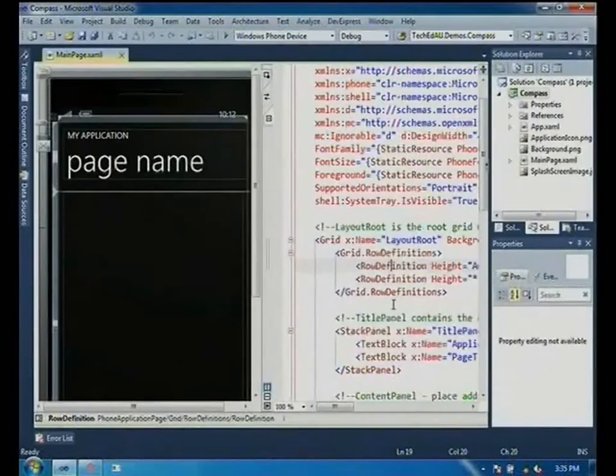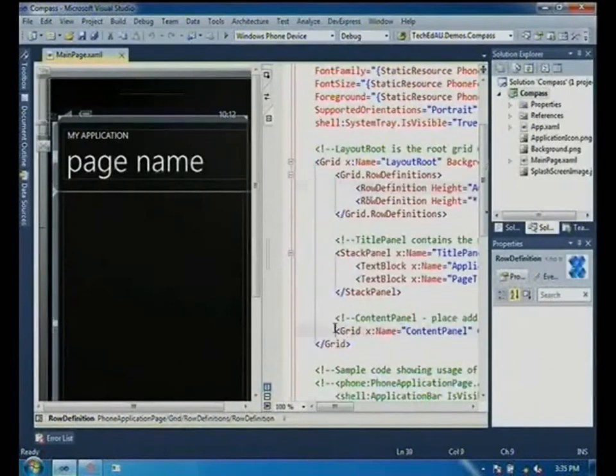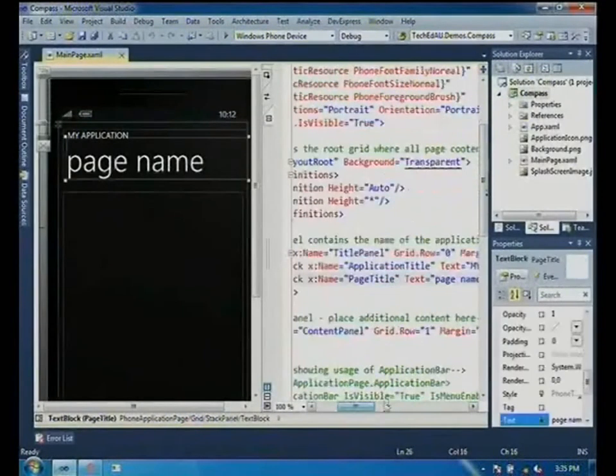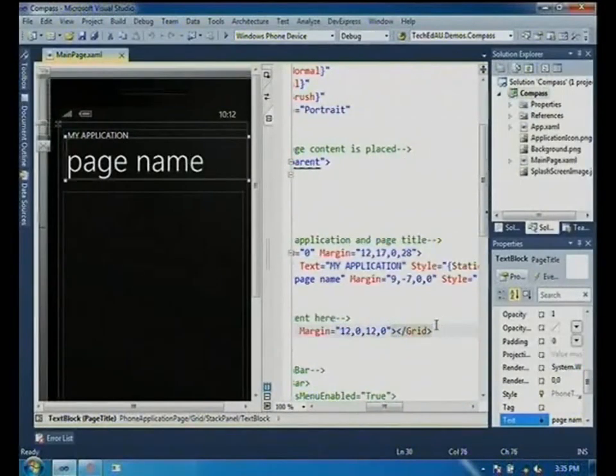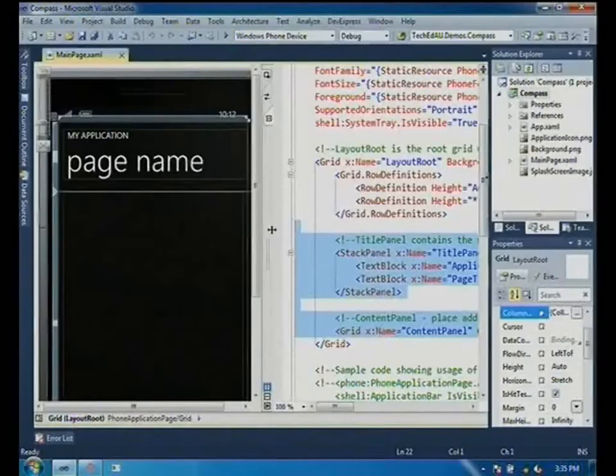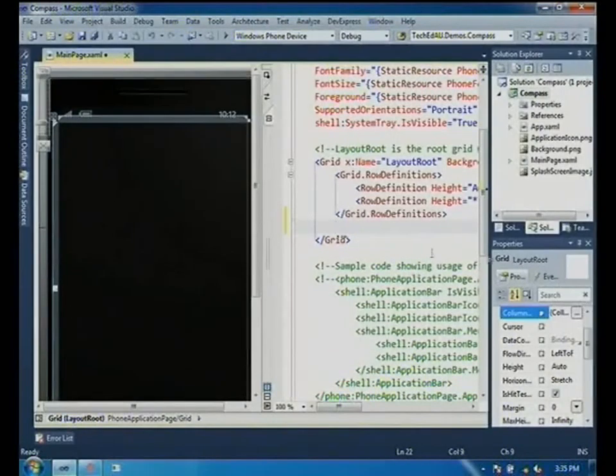Right, so here's File, New Project. We don't really need any of this content, so we'll get rid of it. If we're going to show a compass demo, we've got to have an image or a type of image to represent a compass.